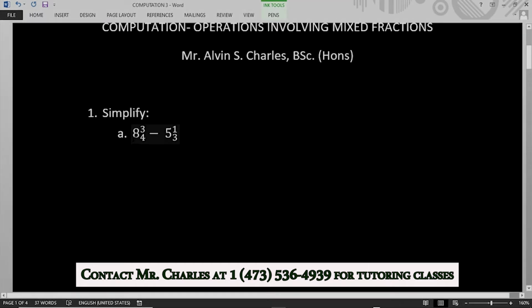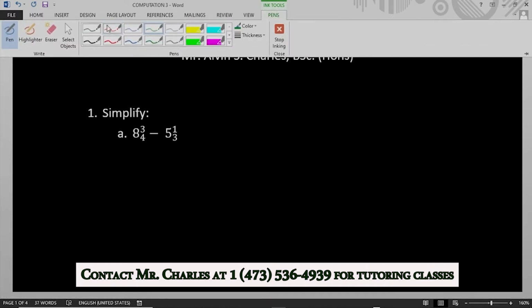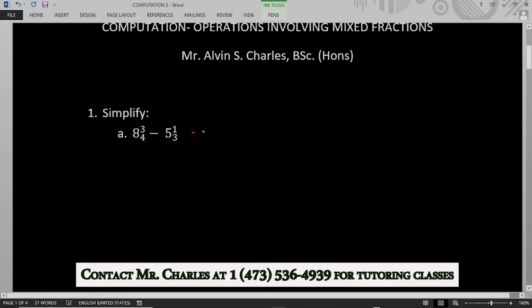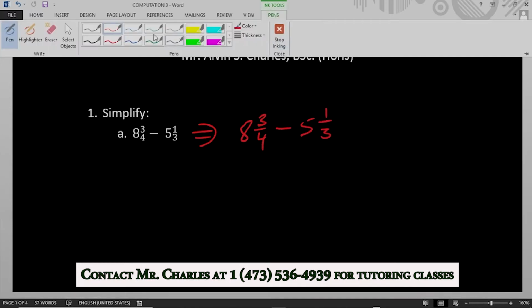Number 1, simplify 8 3/4 minus 5 1/3. We have to convert the mixed numbers to improper fractions. So 8 3/4 minus 5 1/3. So to convert, we say